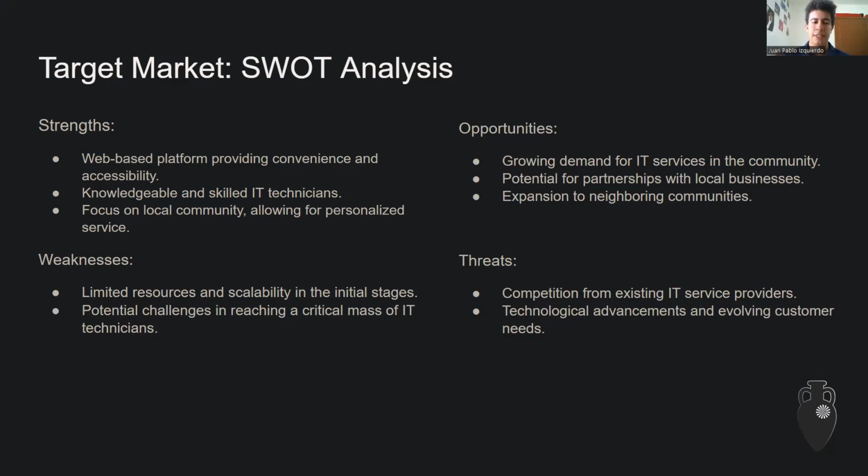For our weaknesses, we have limited resources and scalability in the initial stages. Since this is a company that is just starting up, we don't have many resources, nor clients or technicians, but we do plan to improve on those weaknesses. One of our potential challenges is reaching a critical mass of IT technicians. Since not everyone is an IT technician, we have to recruit most of the time. And first, we have to get our brand name out there